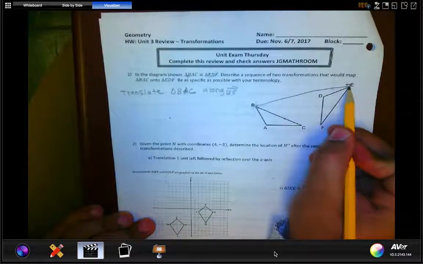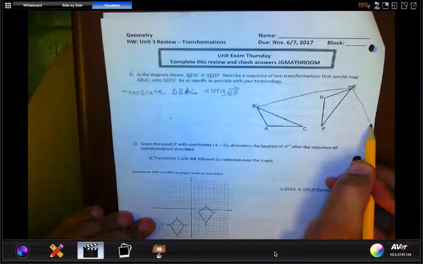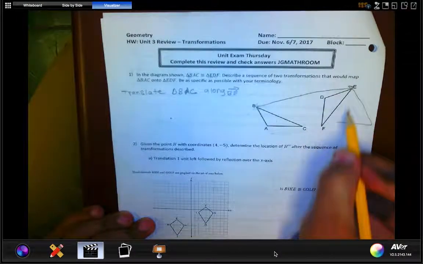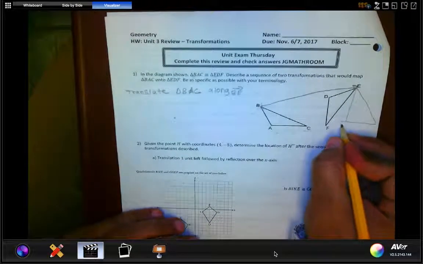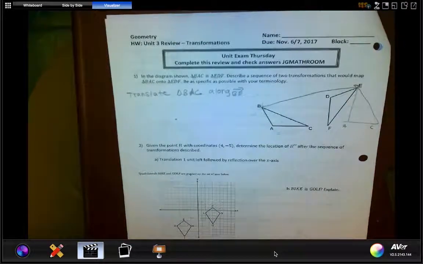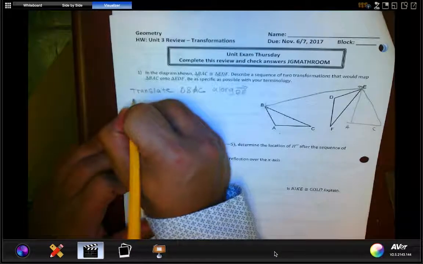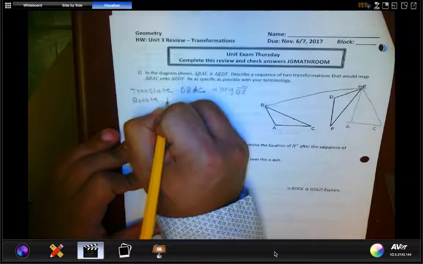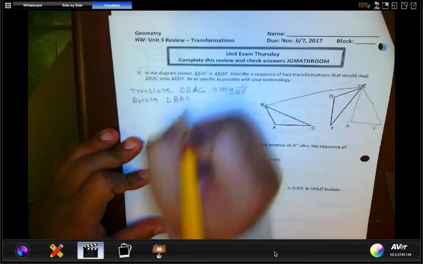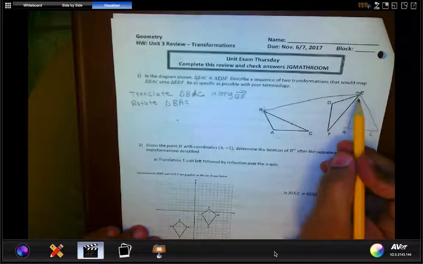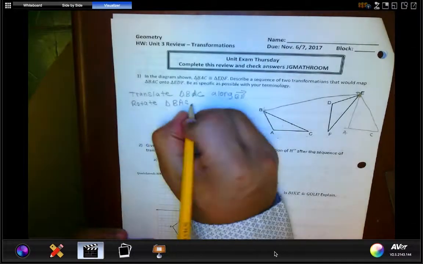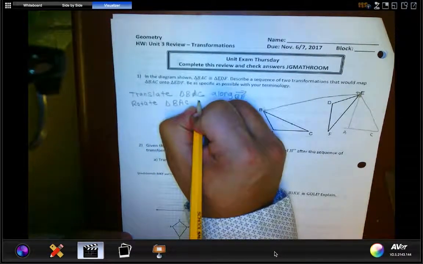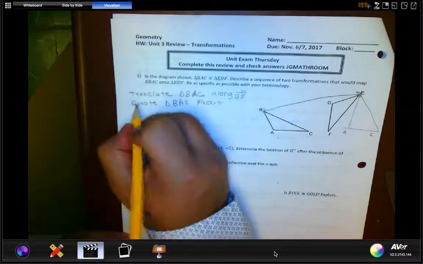Well, now I have something that looks like this. Some kind of triangle that looks like this. How do I get A and C? How do I get A and C to map to D? Well, now I got to rotate. So now rotate triangle BAC about what? What's the center here? Yes, this is the center. This is the point that I don't want to move. Rotate about E